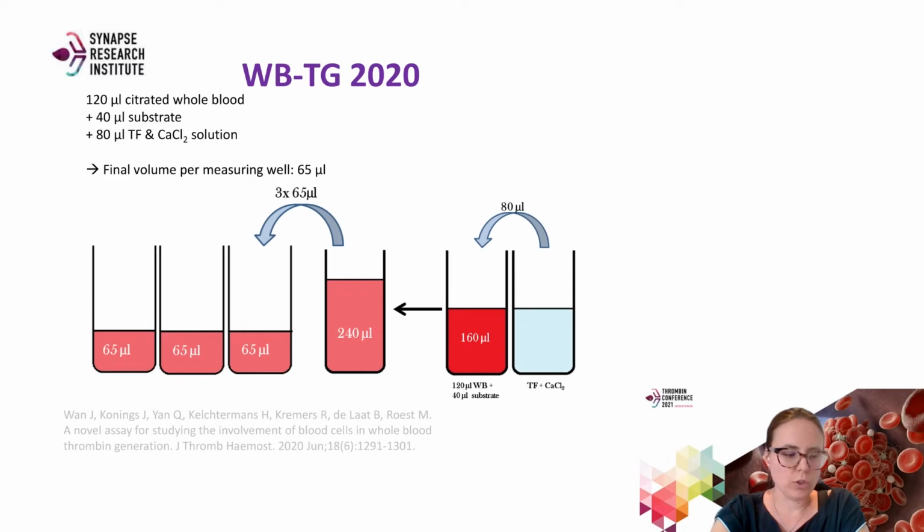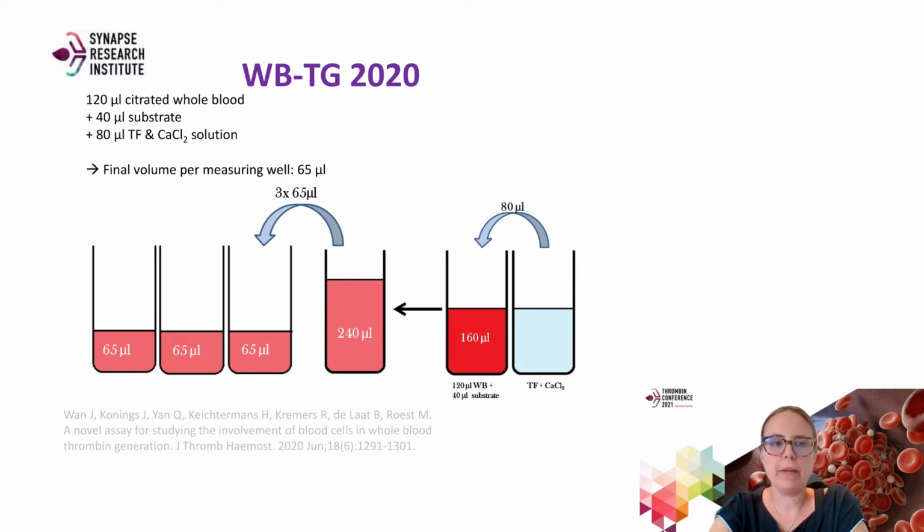So to prevent the erratic signal from erythrocyte sedimentation, which in the porous matrix assay method was prevented by forming a thin layer, we now continuously move the plate during measurement. And as comparable to the CAT assay in plasma, we have a calibrator well and simultaneously measure a thrombin generation well to allow the calculation of the amount of thrombin that is generated during the TG assay.